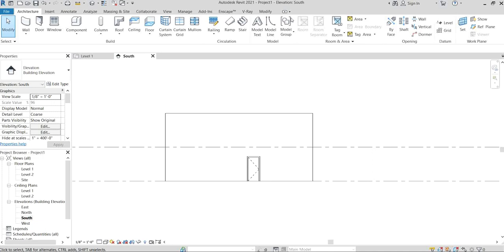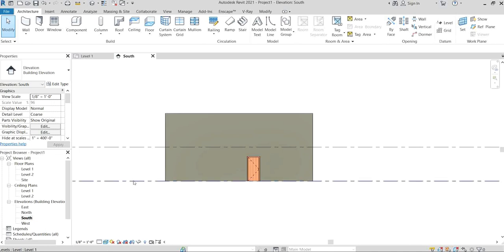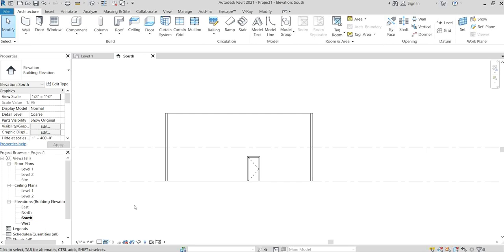First in the GUI, we have the properties, the project browser, and next the status bar or visual settings available here. See here, it's realistic, so now you will get a realistic view. After selecting the realistic view, it shows the materials. We can set it to wireframe also. And here we have the navigation panel.